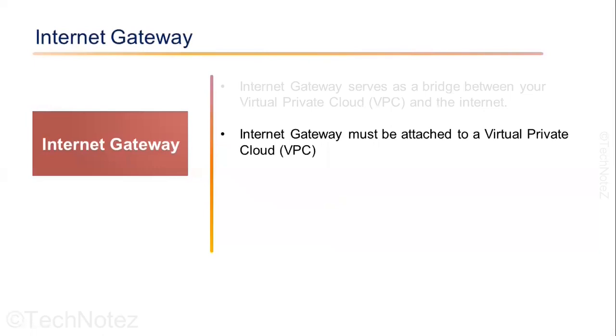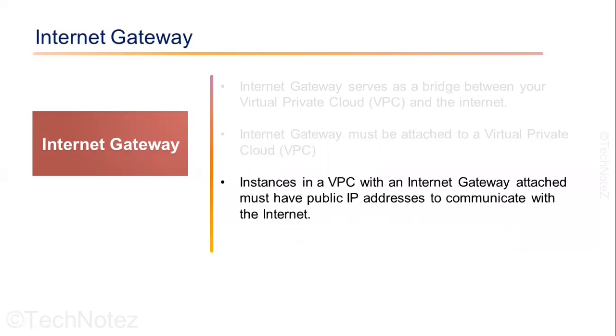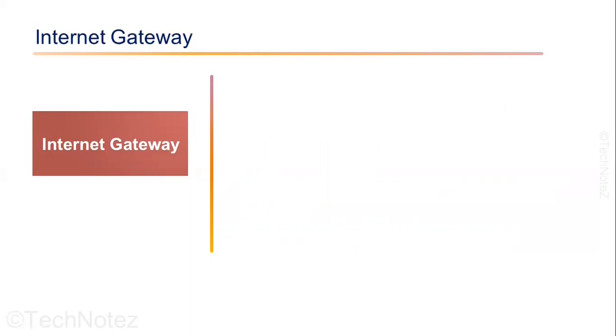The internet gateway is referenced in the VPC route table to allow the traffic to flow to and from the internet. Instances in a VPC with an internet gateway attached must have a public IP address in order to communicate with the internet. Internet gateway is a core component of any VPC architecture that requires secure and reliable connectivity to the public internet. There are a few key points about Internet Gateway. Connectivity. Internet Gateway provides the connectivity between your VPC and the Internet. It enables the traffic to flow between public IP addresses assigned to your VPC and the public Internet.